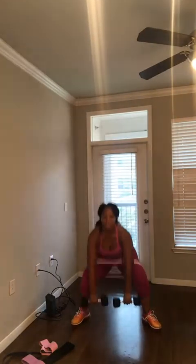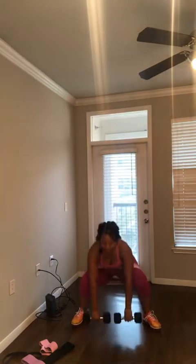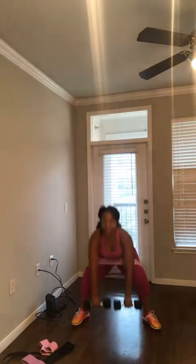Keep going. Squeezing. The heaviest dumbbells you have or can handle. You want to push yourself and challenge yourself. It's not supposed to be easy. Slow and controlled. Keep going. Stay with me. Don't give up. We got 10 more right here. This is 10,